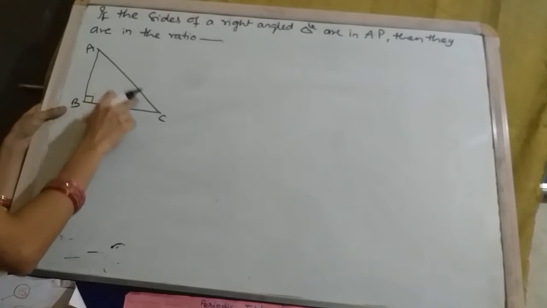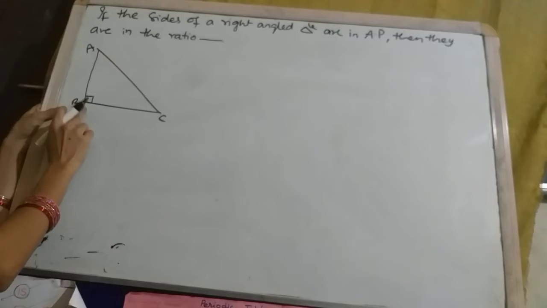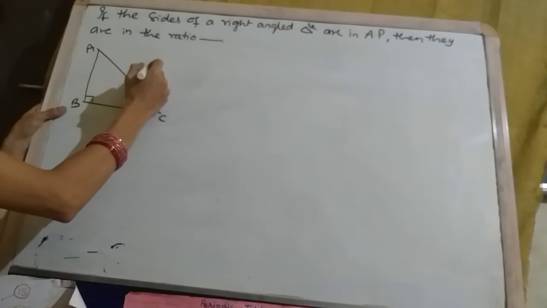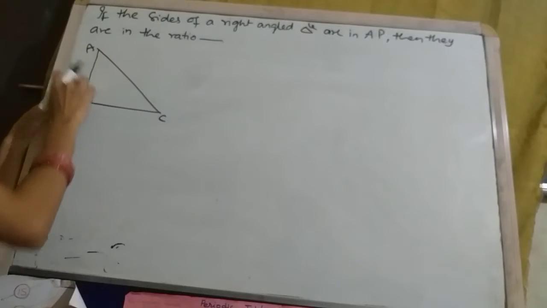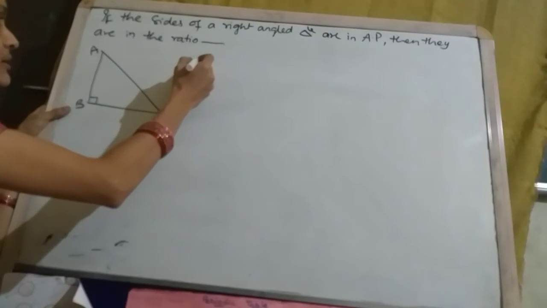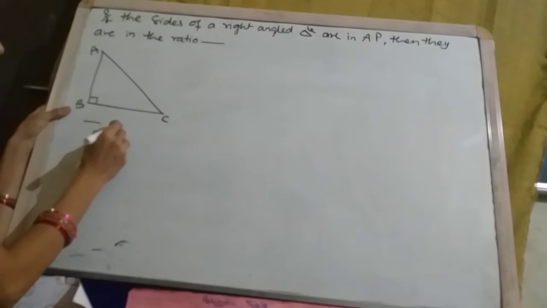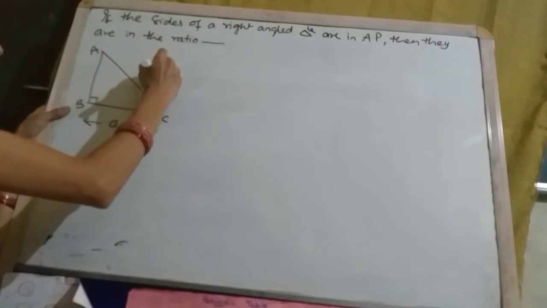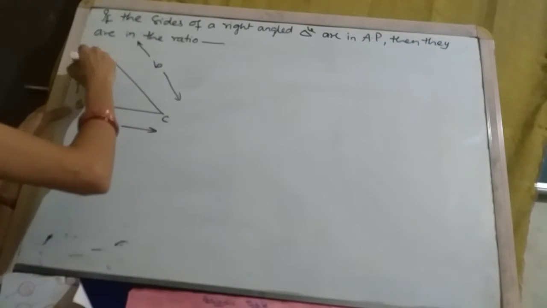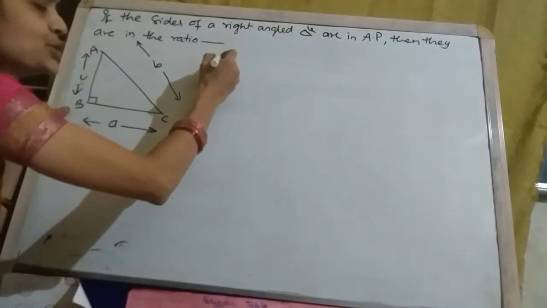Comparing to these two, this is the longest length. So the side opposite this angle is nothing but the hypotenuse. That is the longest length compared to these two sides. So here the sides are in AP. For example, take this as small a, this as small b, and this as small c. If the sides are in the ratio given,